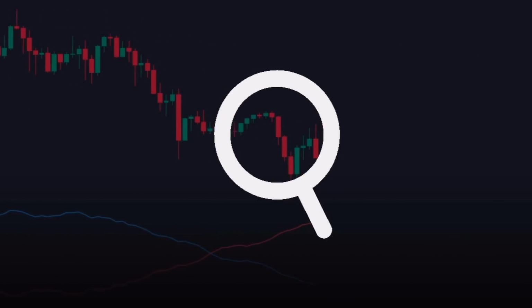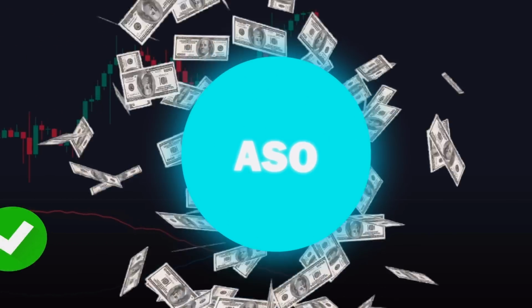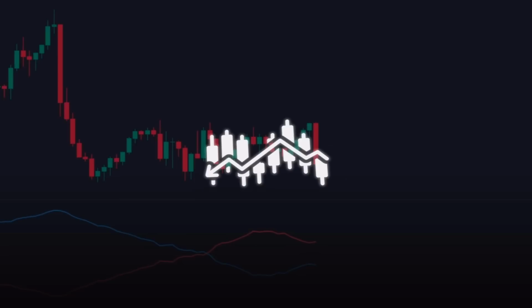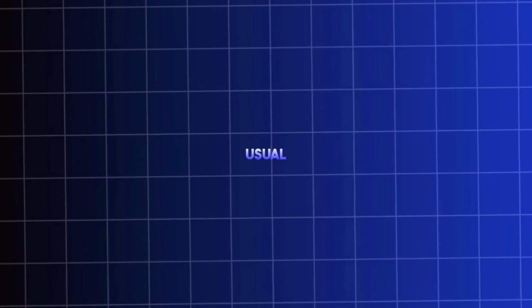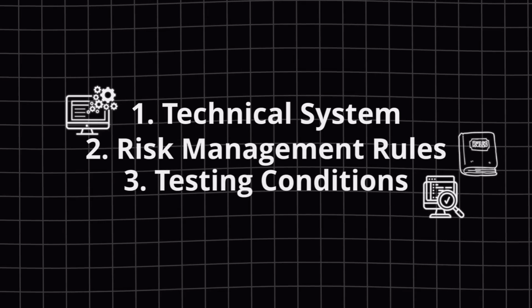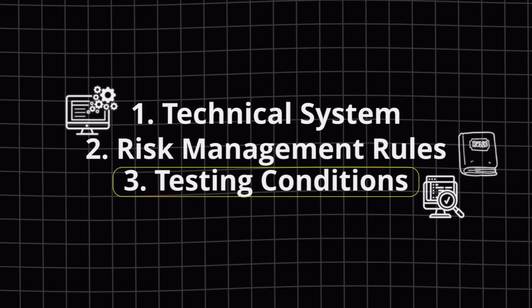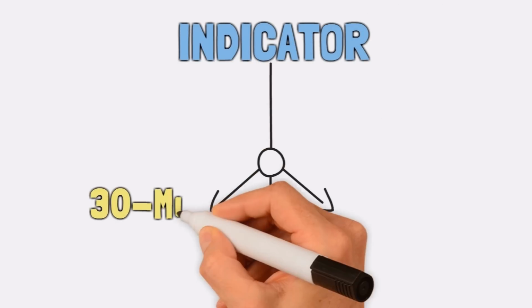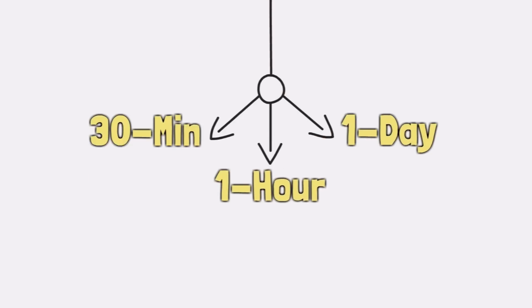To discover if the average sentiment oscillator is really profitable or not, we will need to backtest it. To do this, as usual, we need three things. First, the technical system, second, the risk management rules, and third, the testing conditions. Regarding this last step, we will backtest the indicator on the 30-minute, 1 hour and daily timeframes using data from